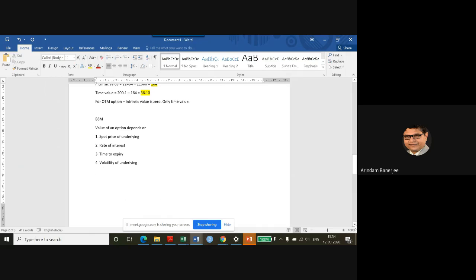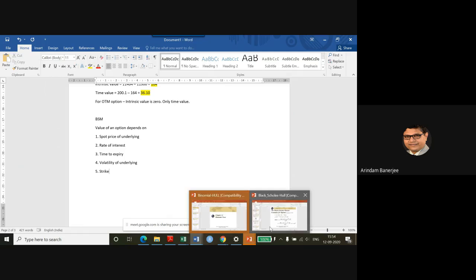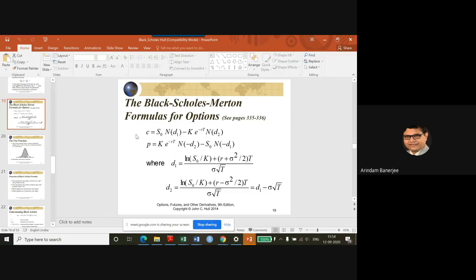And number 5, strike. So if I look at this formula, C is the value of call,